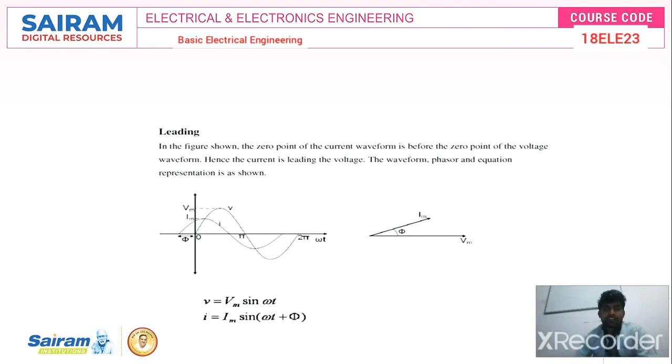So finally, in this module 2b, we discussed the generation of AC voltage and waveform and definitions of cycle, time period, instantaneous value, peak factor, form factor, RMS value, average value, and this phasor representation of alternating quantities. Right? We'll solve problems based on this. I mean, lagging phase, leading phase, and in phase, and also the RMS value, average value, some problems.